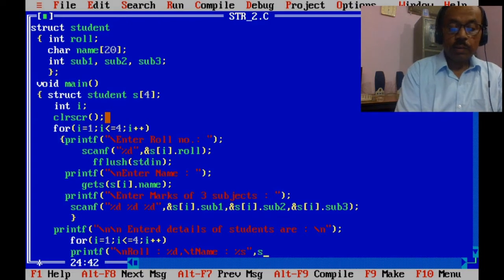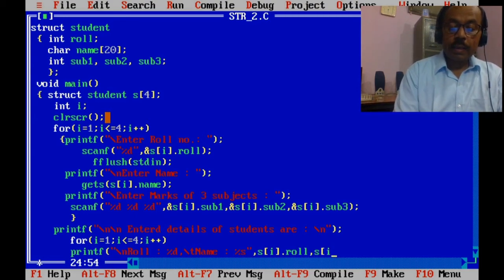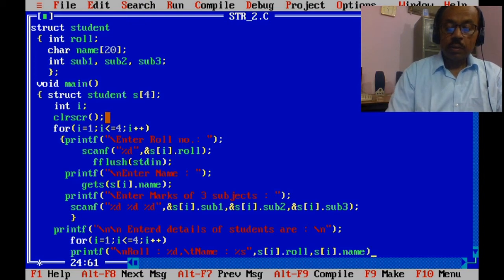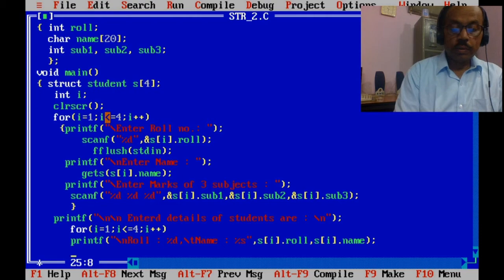Now the variable names: si dot roll comma si dot name, and this is the close. The another statement,